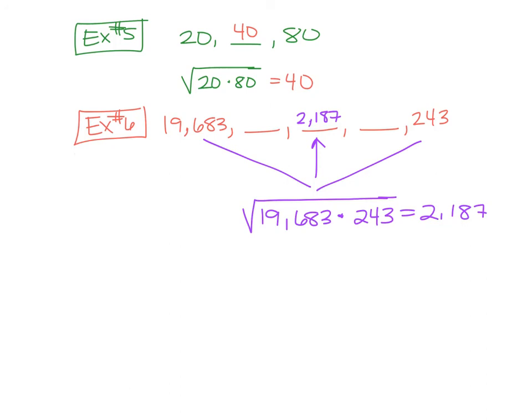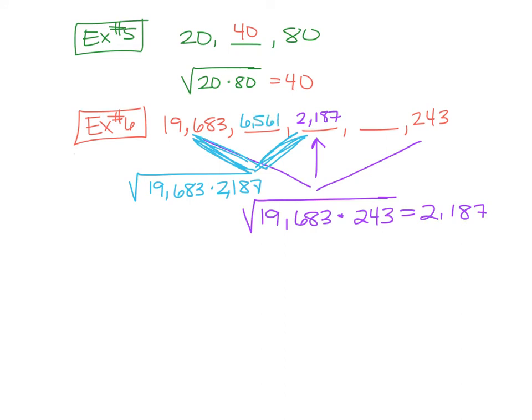Then from there, now we're going to take these 2 and find the geometric mean. So that's going to be the square root of 19,683 times 2,187. Okay, plug that into your calculator. And you can plug it in just like that. Square root, and then this times that, and go from there. And your answer for that one should be